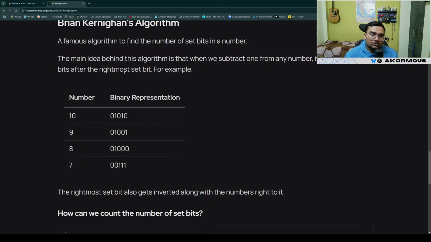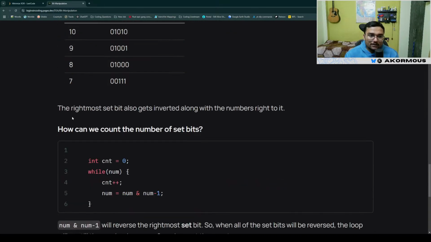For example, the rightmost set bit also gets inverted along with the numbers to the right of it. Yes, how can we count the number of set bits? Int count equals 0 while num